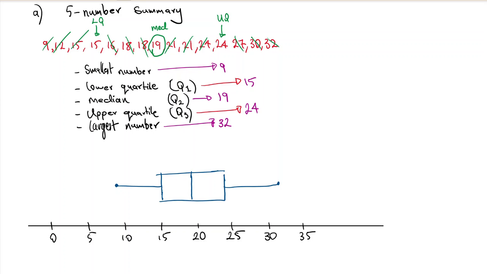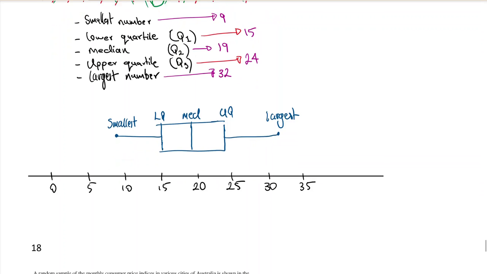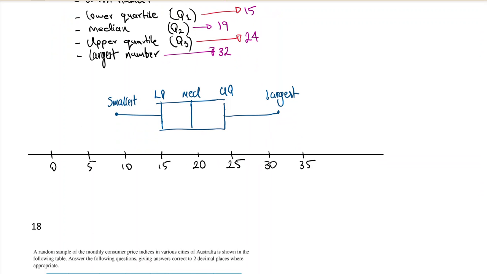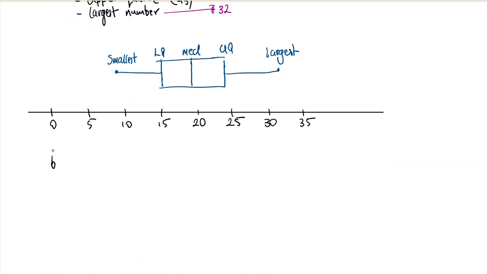Now you've got the box and whisker plot, and that's your lowest, the smallest. Got your lower quartile, median, upper quartile, and your highest, largest. Okay. So the question's saying for part B, so part B says calculate